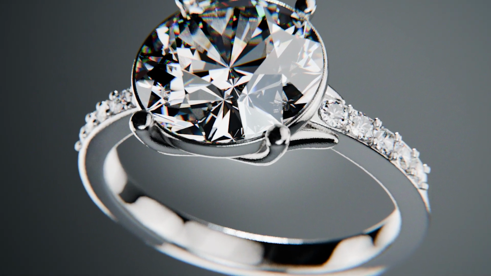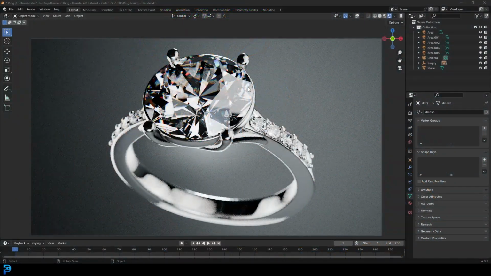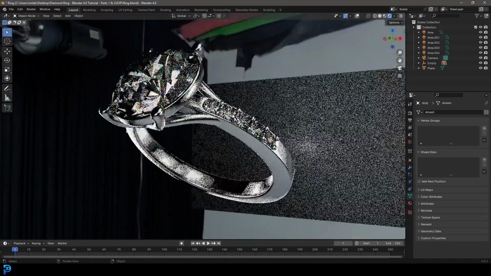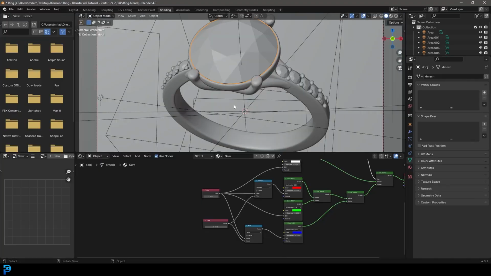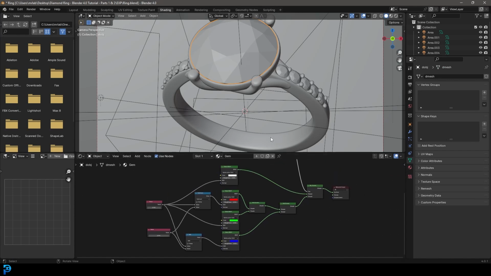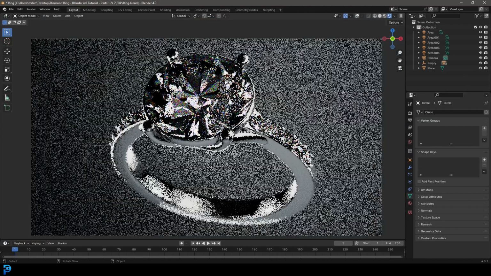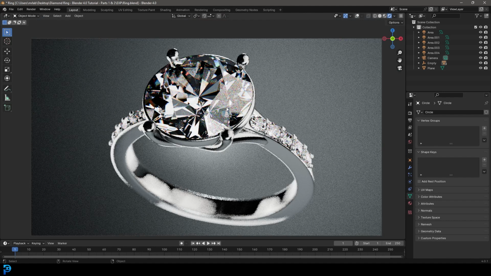Welcome to part 2 of making a diamond ring in Blender. If you haven't already seen part 1 where we did the modeling, go ahead and check it out. But now we're going to be doing some really nice materials here for the diamond and for the metal, adding in a nice background and doing some cool lighting. So if you haven't already seen part 1, check that out first and then get to this part where